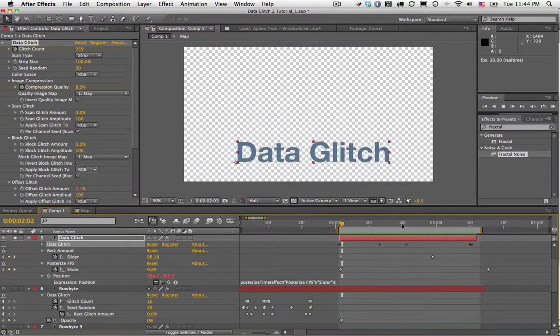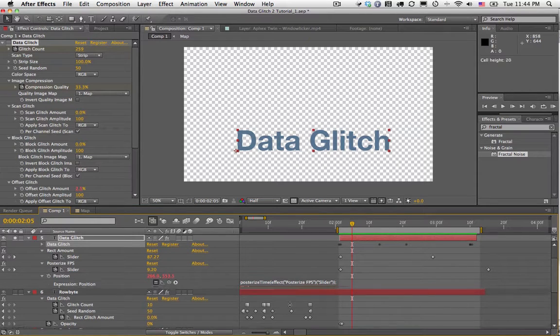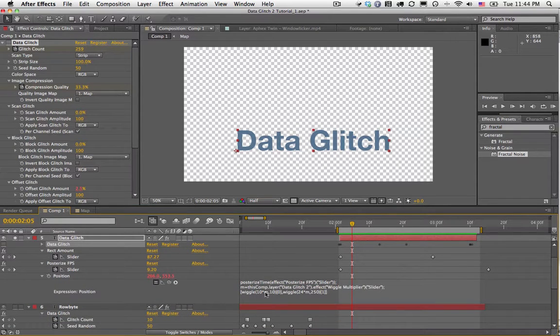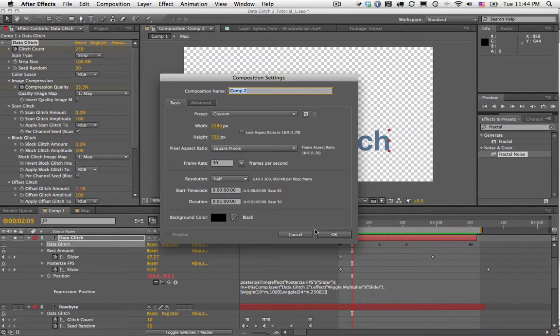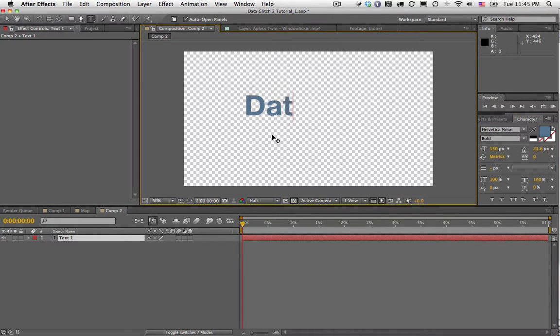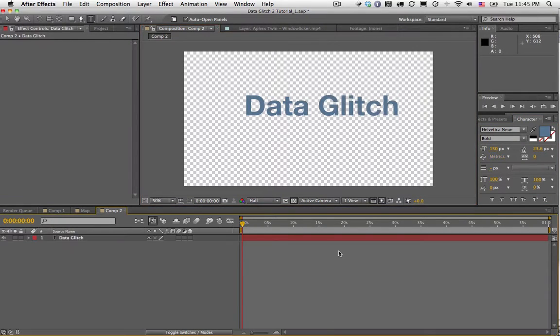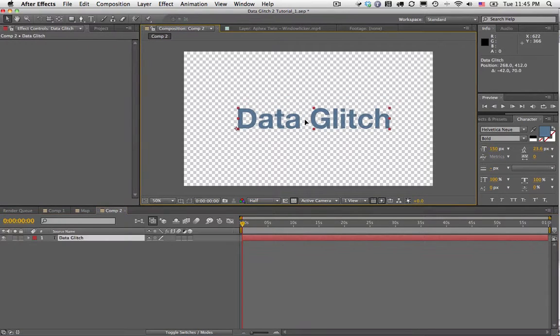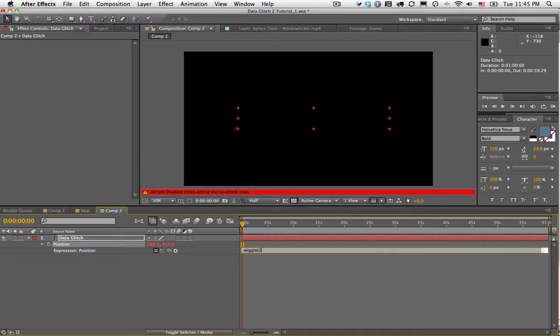So you can see here how it literally is jumping, and the way I achieve that is I'm actually using a wiggle, but I'm using another not very well known expression called posterized time, and I'm going to create a new comp just to illustrate how that works. So just go ahead and type here data glitch. Of course this is just an After Effects tip, but I think this goes well with using data glitch. So if I just go to position and I say wiggle, say 24 frames per second, and have it jump 250 pixels,